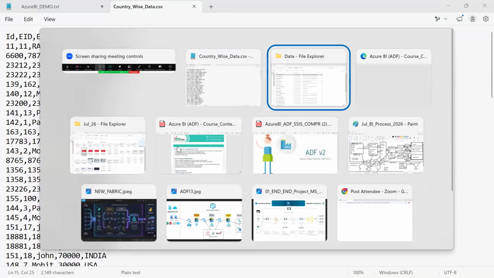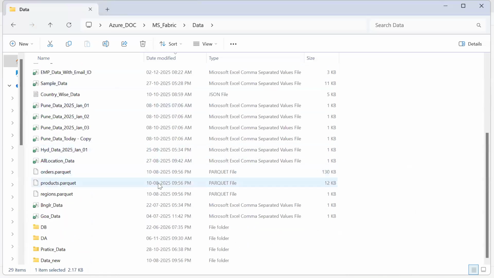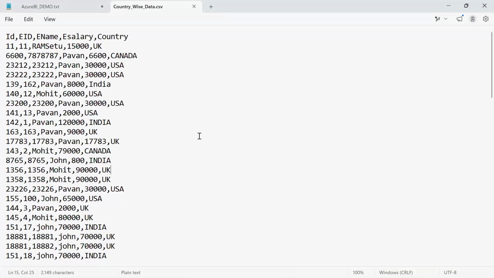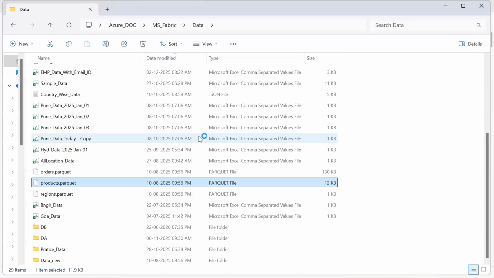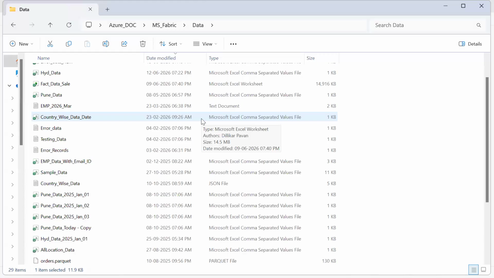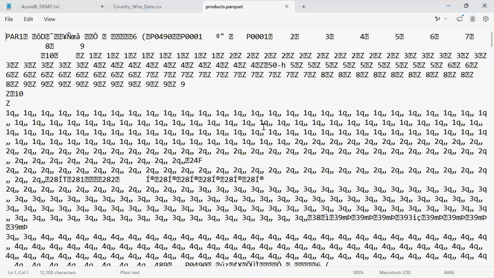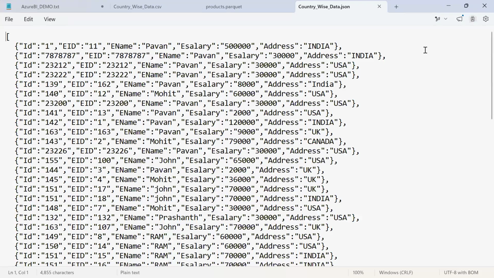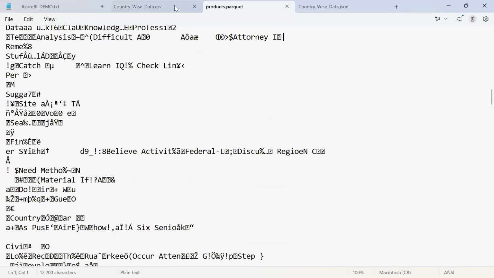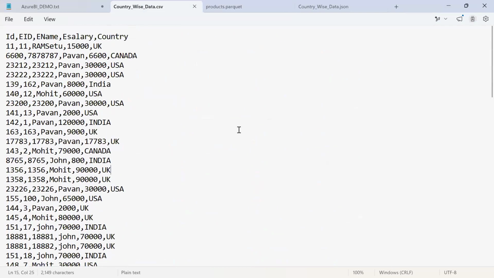So you can see here, I have different formats of data. If I take a Parquet file, what file is it? A Parquet file. If I take data in JSON, do you have any JSON format file here? JSON file data. Can we do the analysis on this data? Can we understand this data? No, right? At least can we understand the CSV or TXT data? Yes, somewhat. Exactly. So this data can be easily understandable, but